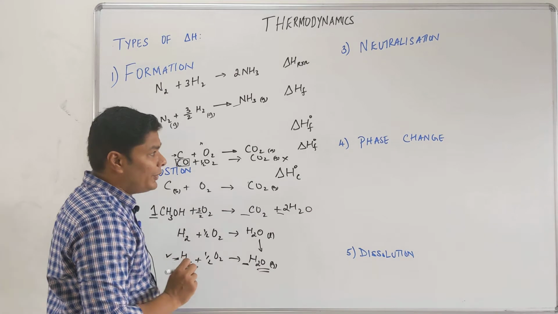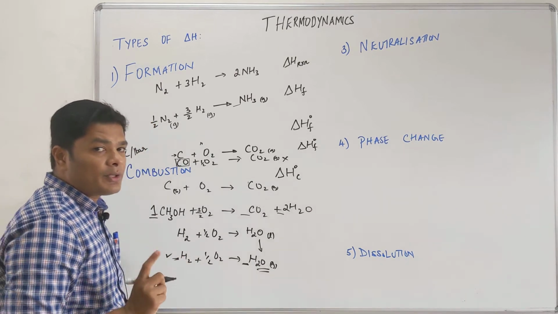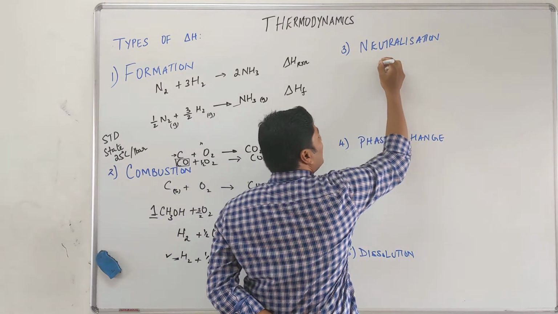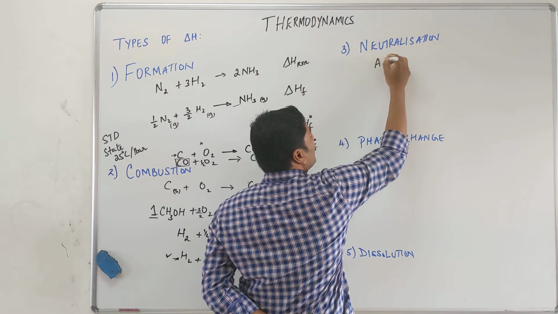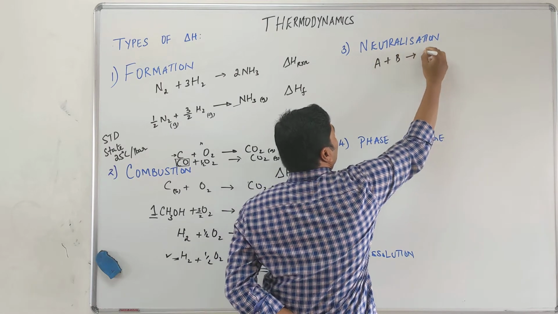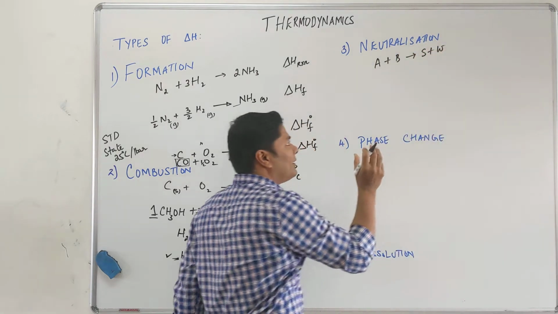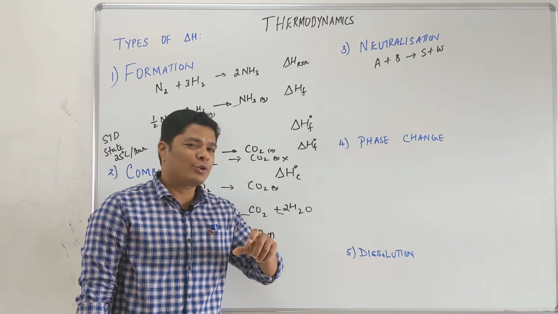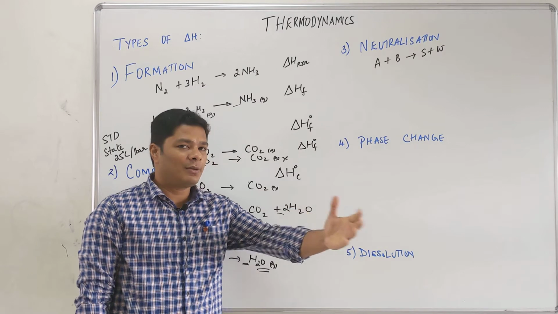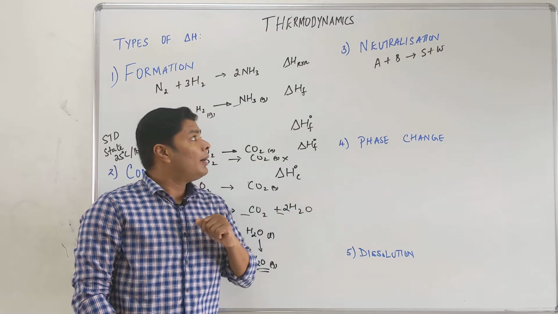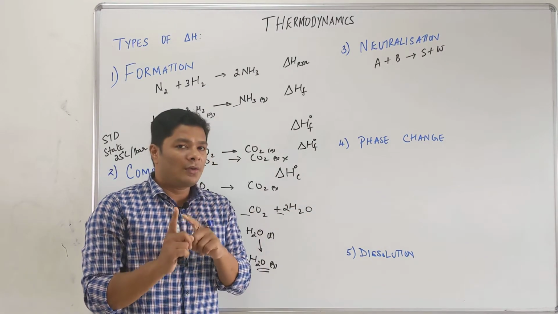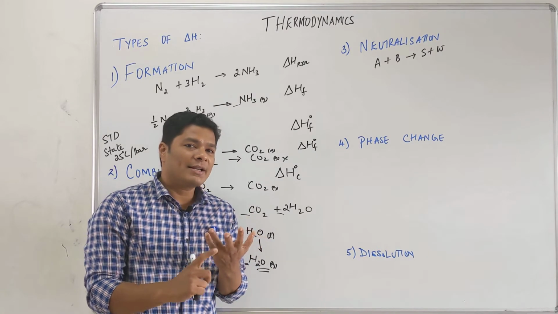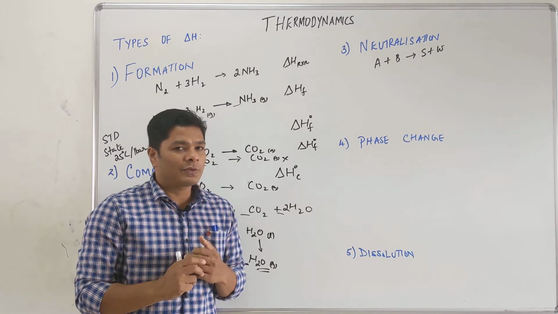Alright, let's go into neutralization. Neutralization question comes quite a few times. Now very simply, neutralization is an acid plus base gives you salt and water. At this point we will write it simple. Neutralization is when the amount of energy change, and usually it is exothermic, and acid and base react. So neutralization is basically when 1 mole of an acid reacts with 1 mole of a base. But here we have diprotic acid, triprotic acid, diacidic base, all those.